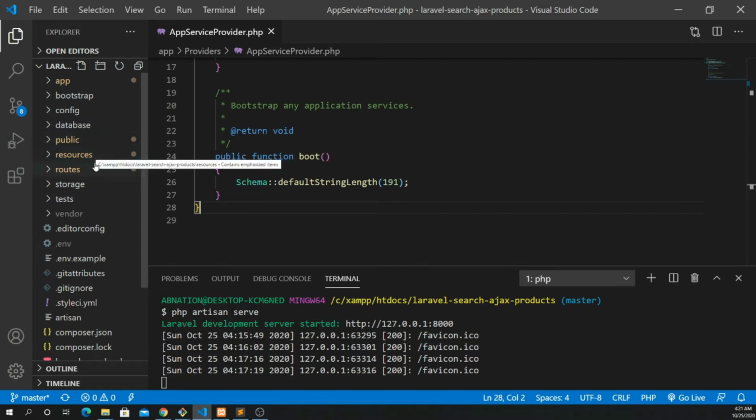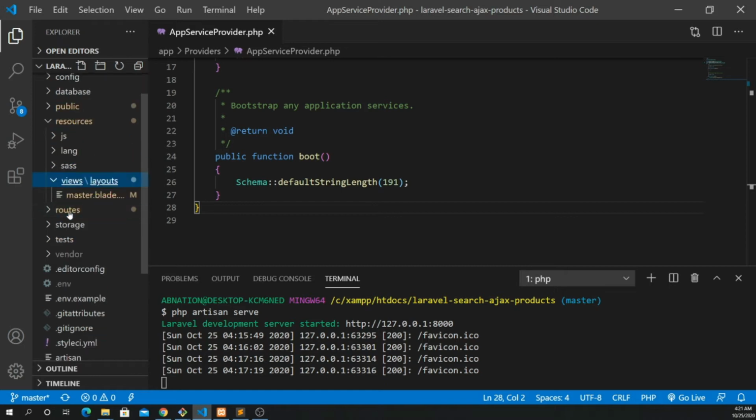So we have the 6 products running, and I just want to show you a bit of changes that I have done, as usual, which is a very good way of doing that. Inside resources, we have our views folder, which is created by default. But inside views, we have created another folder with the name of layouts, and inside layouts, I created a file with the name of